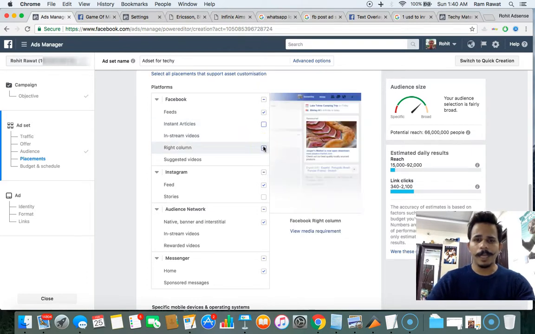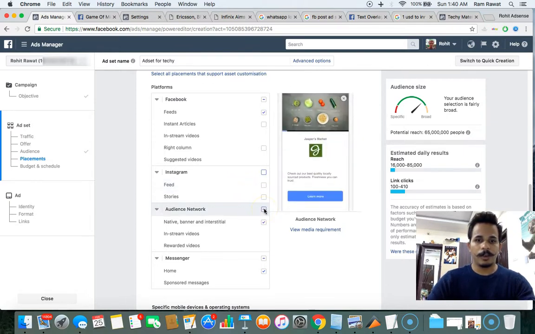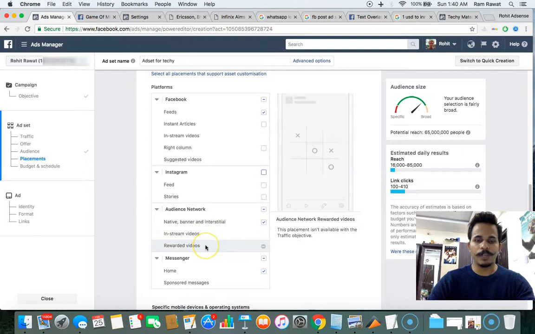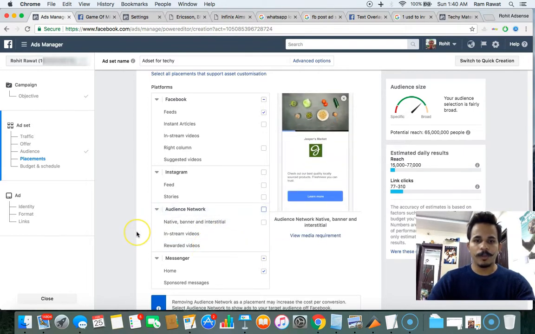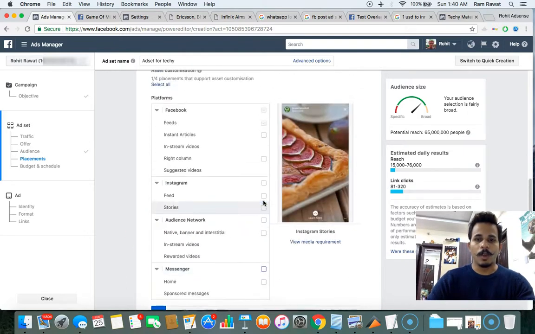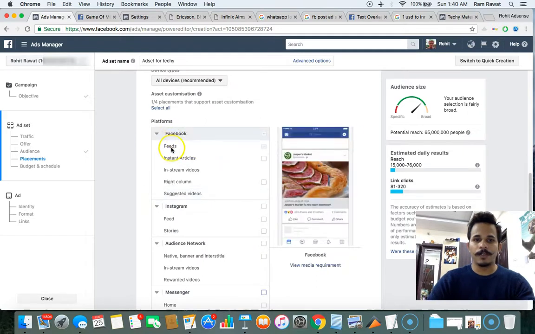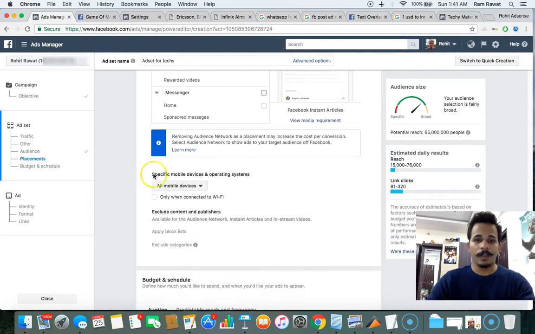Then right column, we don't want that. Then do we want Instagram traffic? No. Like we don't want our ad to be displayed on Instagram, right? Okay, then audience network, like in-stream videos and rewarded videos, do we want that? Seriously, we don't want that. Especially when it comes to AdSense purpose, we don't want that. And we even don't want the messenger part. The only thing that we want is the feeds, Facebook feeds. So just select the Facebook feeds,